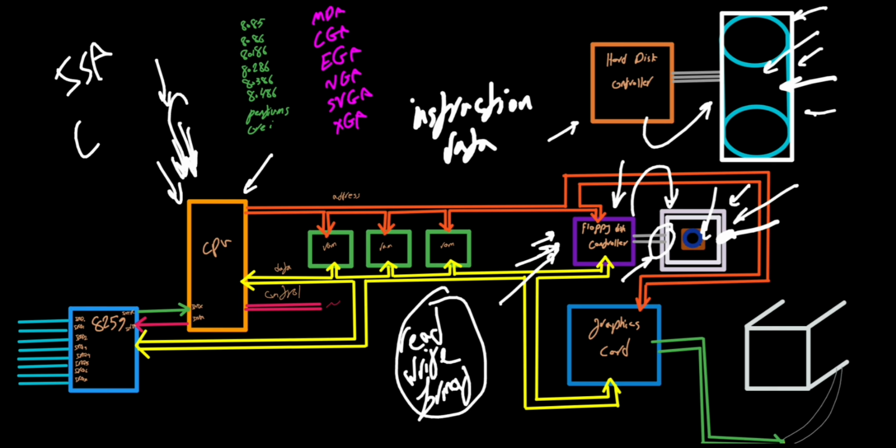Now, let me also talk about the monitor. You see, this was for the floppy or hard disk. As you see, the floppy disk controller is connected both to the data bus and the address bus. So the processor would program the floppy disk controller by choosing some memory cells or registers in the floppy disk controller and would put the